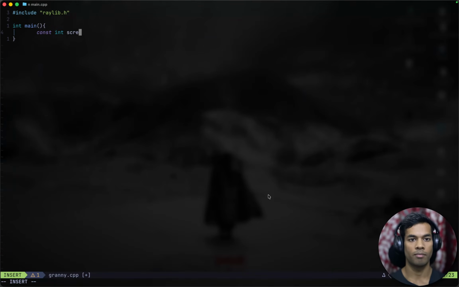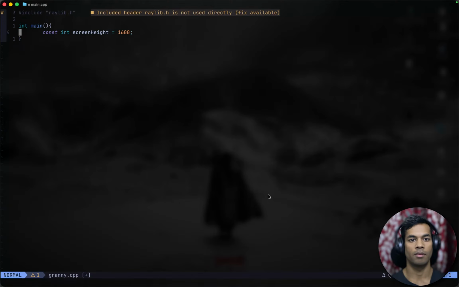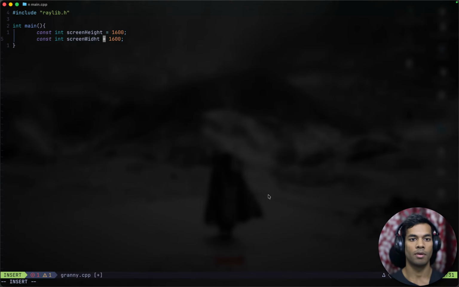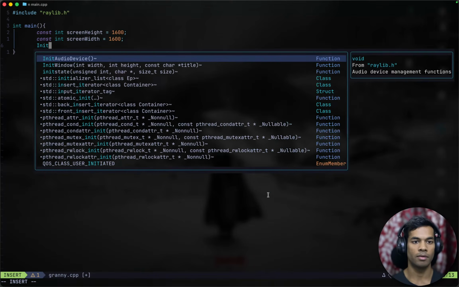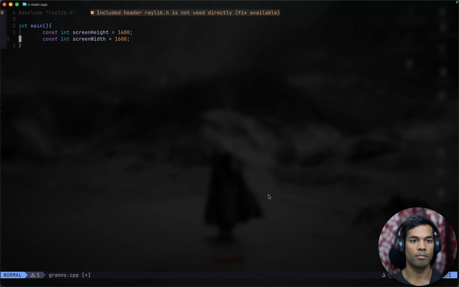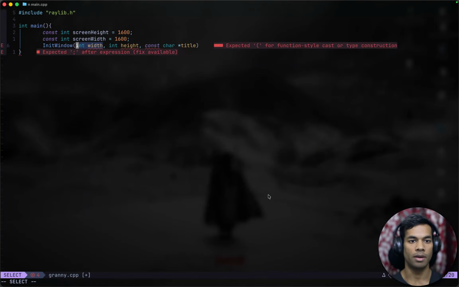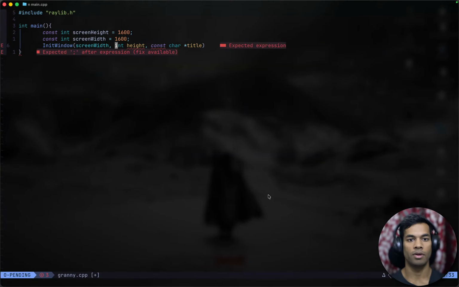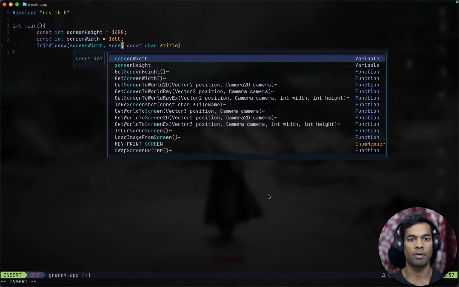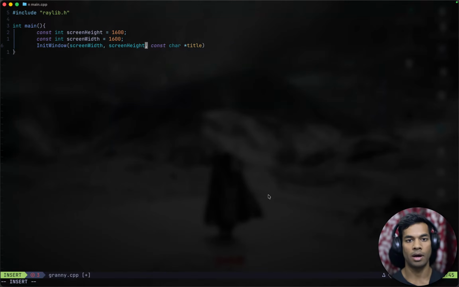Screen height is 1600, and screen width is this, and then InitWindow with screen width and screen height,